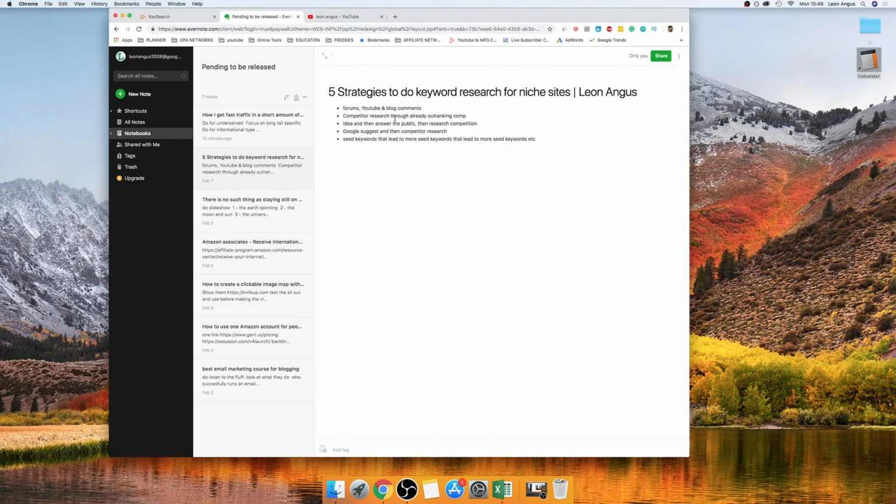Okay, so I've got just some notes here of the different things we'll be going through. But the first thing we're going to do is actually pick a niche and, just to give you an example of how I would go about this for whatever kind of industry I'd go into. So if I just obviously had fitness as an example, we're going to basically find different keywords for fitness. So this is the same way that you would apply the strategies to whatever industry that you're in or whatever niche that you're targeting. So the first technique that I'm going to go through is using forums, YouTube and blog